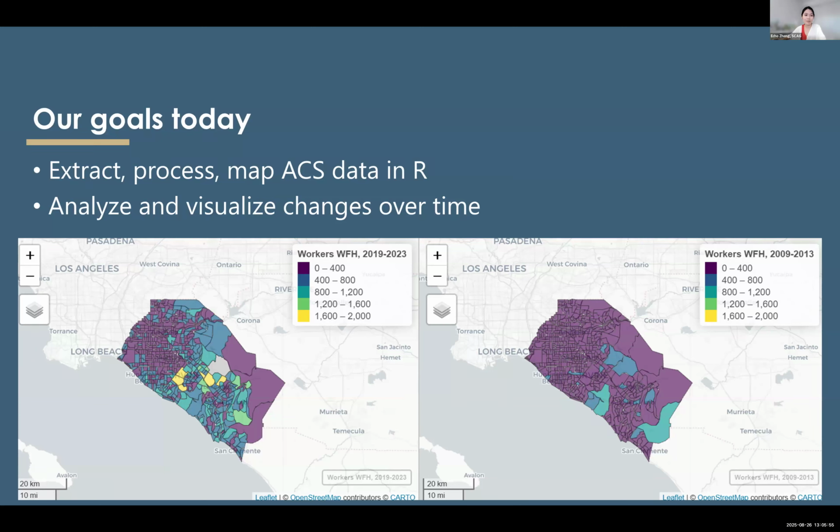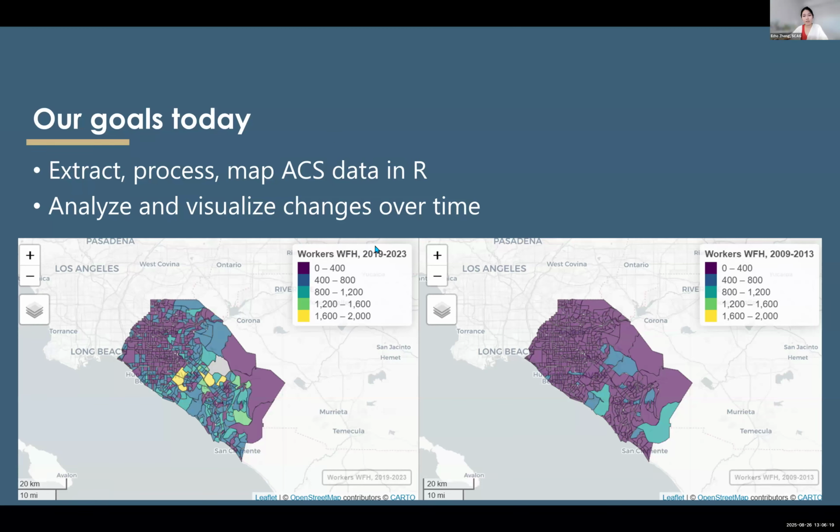This is the second time I teach R through Toolbox Tuesday, focusing on census data. The key objective for today's session is to extract, process, and map ACS data in R. This is an integrated workflow that I've personally found very helpful and worth learning because typically we go to the census website to download the data